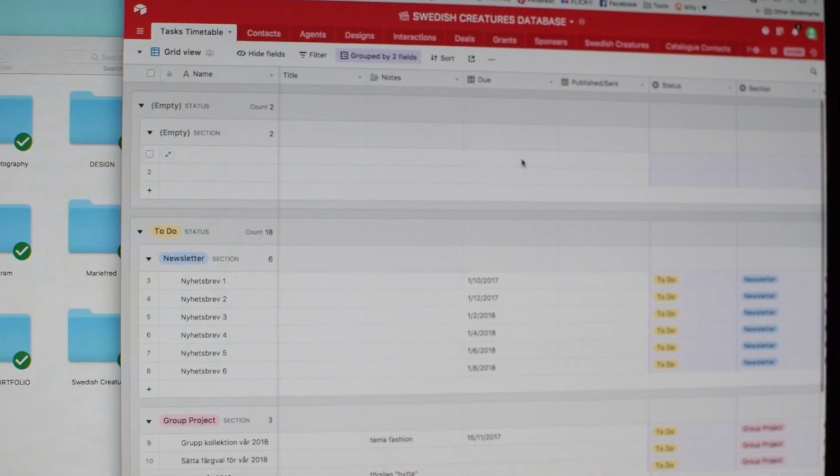We've started making a timetable on Airtable so that we really know what's happening and who's doing what's in process, what we need to get done. It's especially nice that everybody has access to all the contact information of all the people that we have researched. So if somebody wants to, on their own hand, contact someone, they don't have to go through someone else or email us. They can just go into the database. It also, we have